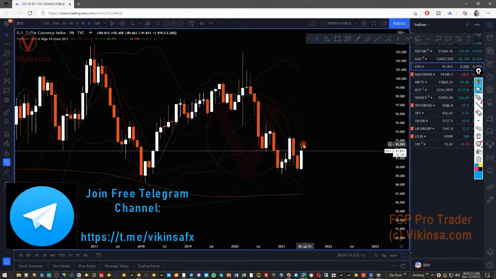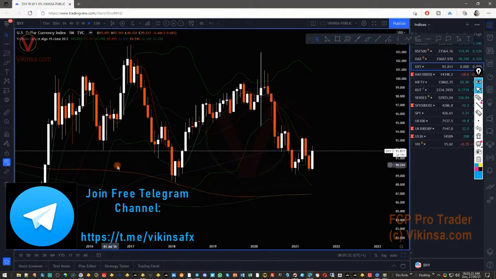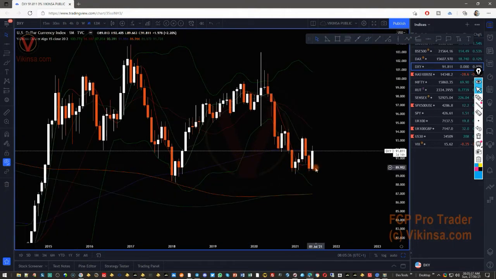Market came here, went up, came back down to create a kind of double bottom here, and our market is rising. And this is what I've been saying for months, that the dollar is going to be bullish and it is expected to reach near about 94 or even 95 area. If it becomes a little more extended, then it can go to 96 as well. The reason behind that is not because of any political moves or any policy or anything. It's simply looking at the chart, this is simply a demand area and the market is there, so we can expect the market to go upwards. That's on the monthly time frame.